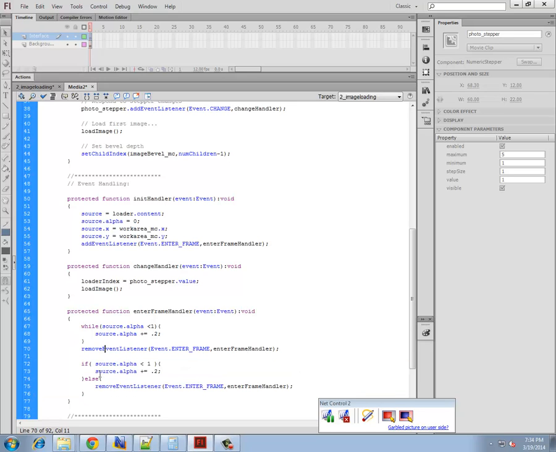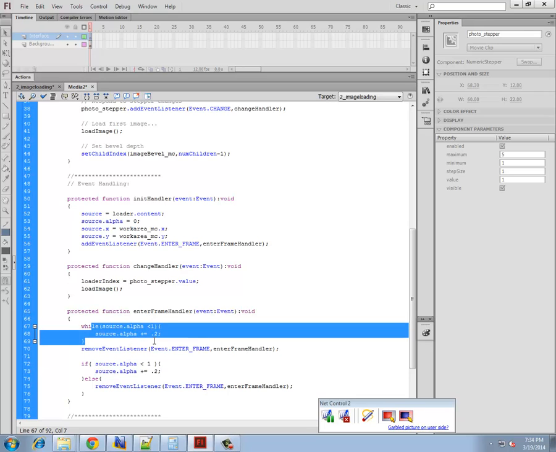Basically, what it says is, if the source alpha is less than 1, I'm going to add 0.2 to it. So if it starts at 0, it's at 0.2. If it's at 0.2, it goes to 0.4. If it's at 0.4, it goes to 0.6. This one will loop it. It says, while it's less than 1, add to it, add to it, add to it, add